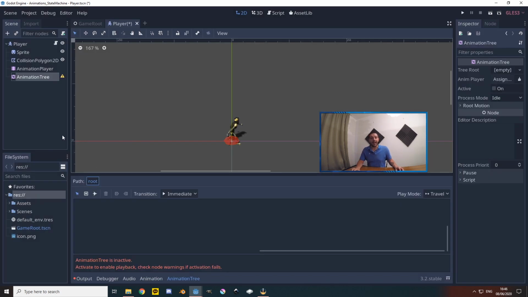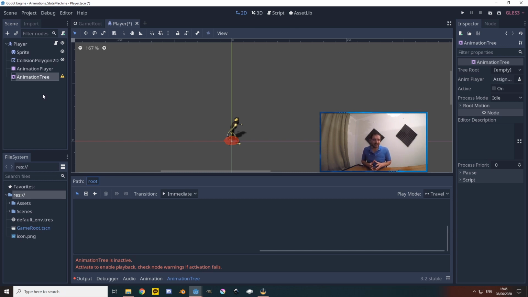With the animation tree added to the scene tree, we open up with a couple of errors. This is normal because we have to set some parameters. Now before we do, let me go over the difference between the animation player and the animation tree, as it seems to be the cause for some confusion.